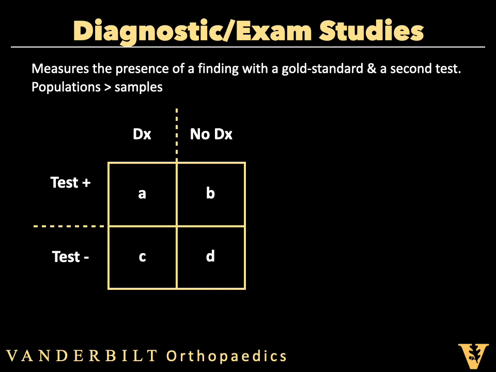We also can take a look at a population or a sample, and instead of just measuring a finding, we can use a gold standard to define the presence or absence of a disease within that population. So on this 2x2 matrix, we can see that the column with A and C is diseased and the column with B and D is not diseased. And at the same time, we run another test. So we use a gold standard, perhaps a